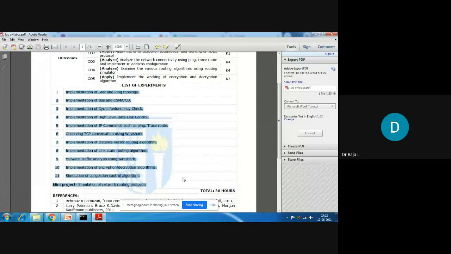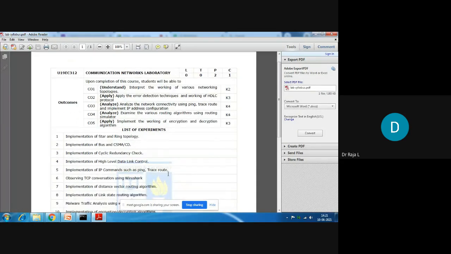You need to edit, make use of those, take a screenshot of those images, and paste them in the Word document. Then only will you know how we are doing it, and at the end you will know how we have done it. So these are the prime experiments. Apart from these 11 experiments, we will be doing some mini project and additional experiments also.